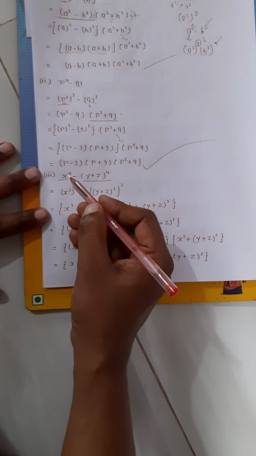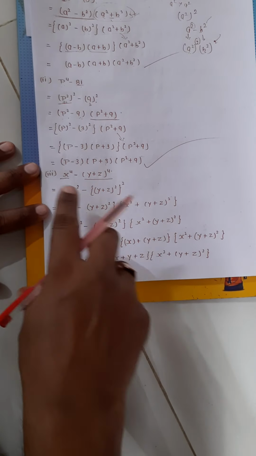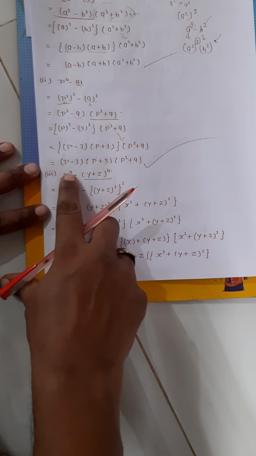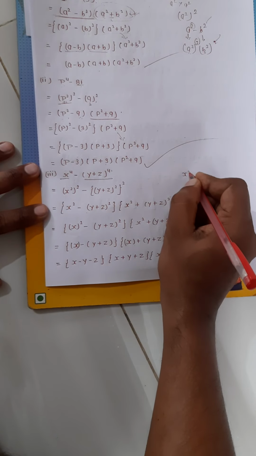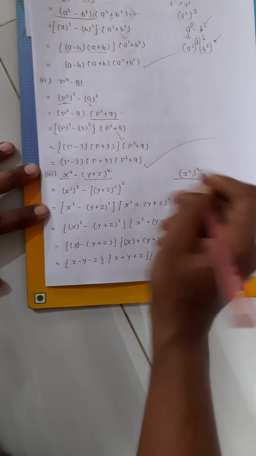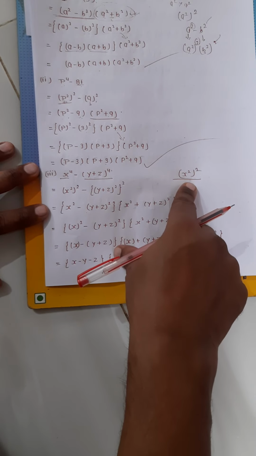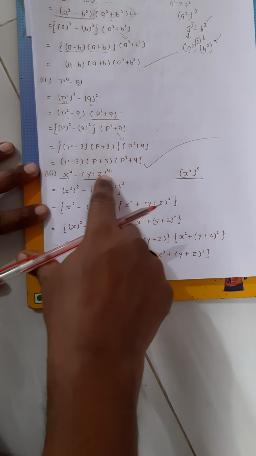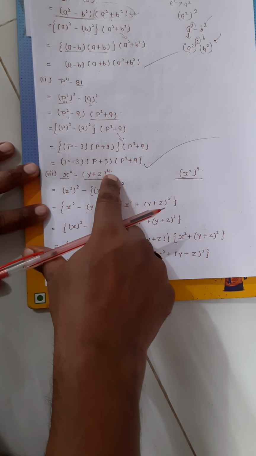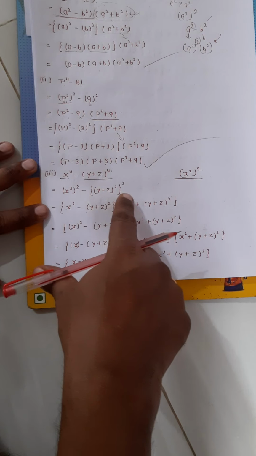Okay, so what will be the value for x to the power 4? We can write it as a whole square of x square. Okay, for x to the power 4 we can write it as whole square of x square, and for y plus z raised to the power 4, what will be the value? Whole square of